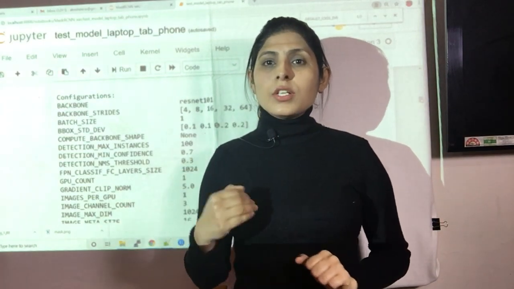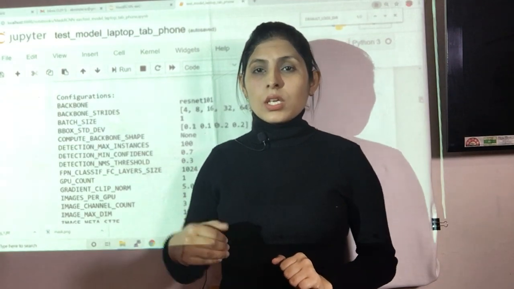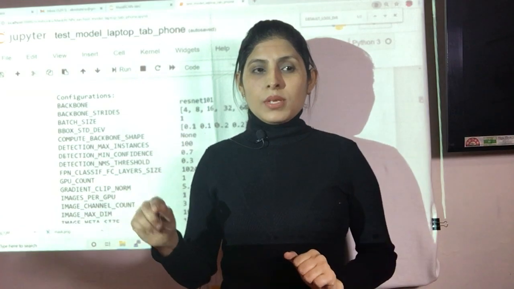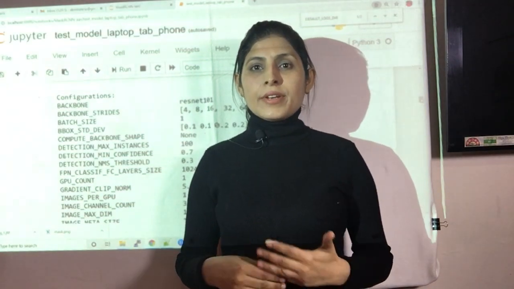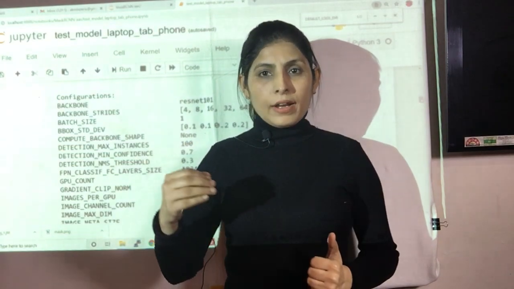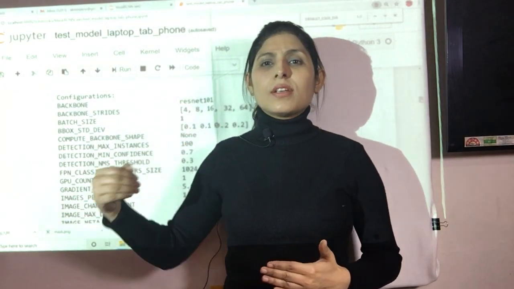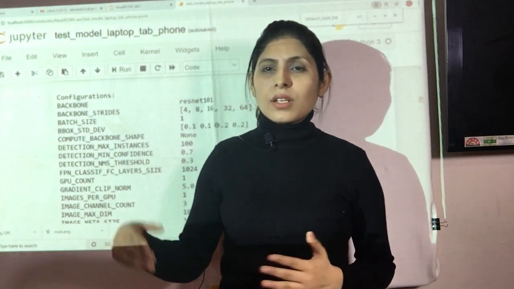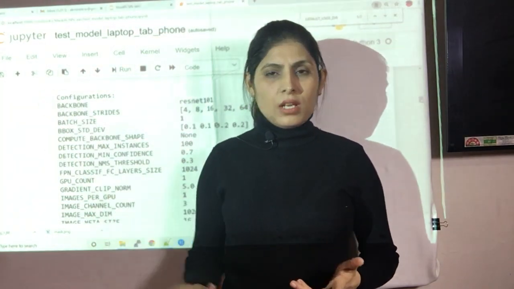The convolutional neural network we are using in this example is ResNet 101, meaning residual network with 101 layers. We use this network to extract features, and those features then move to RPN, then ROI, and then the classifier, regressor and the mask classifier.